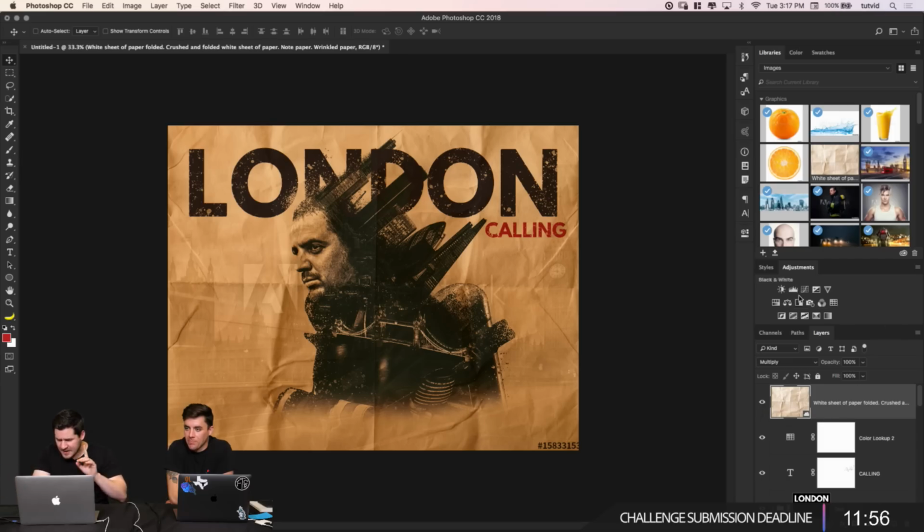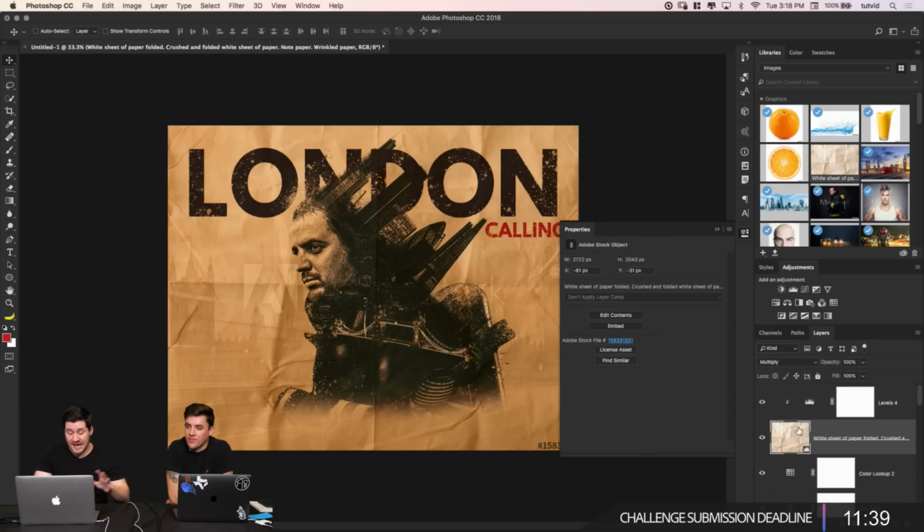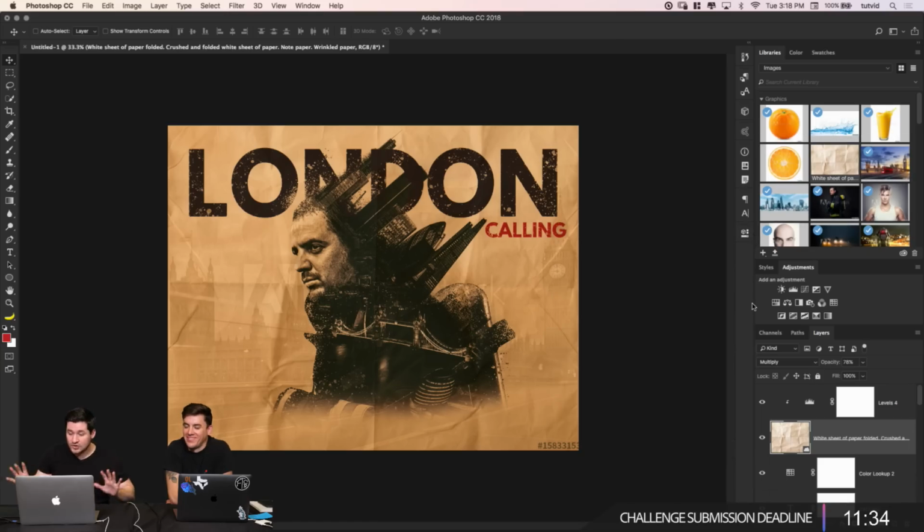But maybe not yet. Maybe I want to add a levels adjustment because the blacks are a little too strong. So I want to boost that black point. I want to click my levels adjustment just to my brown paper, right? Command Option G, Control Alt G. We're just affecting the paper, just lifting some of those shadows. It's going to make that text effect a little bit more subtle. Oh, what'd you say? I can just reduce the opacity. That's right. Let's reduce opacity a little bit too, just to show you that we can do this a variety